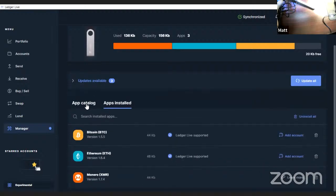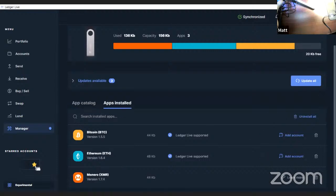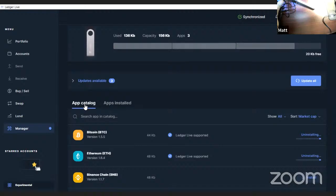What you would do if this was freshly installed, and you know what, here, I'll just delete these for educational purposes. And I'll show you guys how to add the actual support for different cryptocurrencies onto your device itself. It's pretty easy. You just come to Manager, allow Ledger Manager, and then they've got a gigantic app catalog here